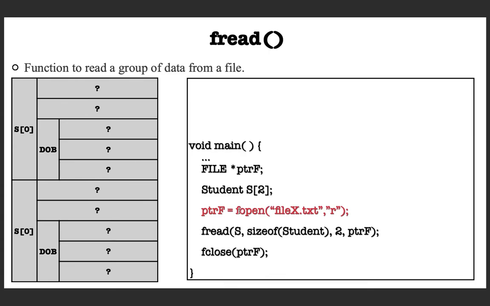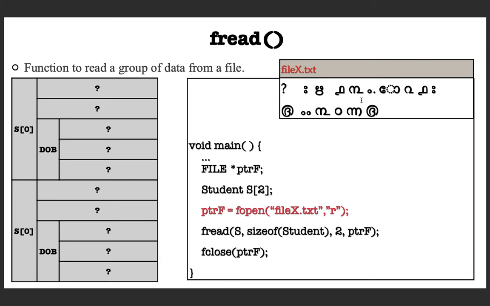Moving down to the next, which is an fopen. Note that now the file X is opened for your program in read-only mode. Okay, you will get it opened, and note that if you open it like this using a file processing application, you cannot actually see the structure of that data.